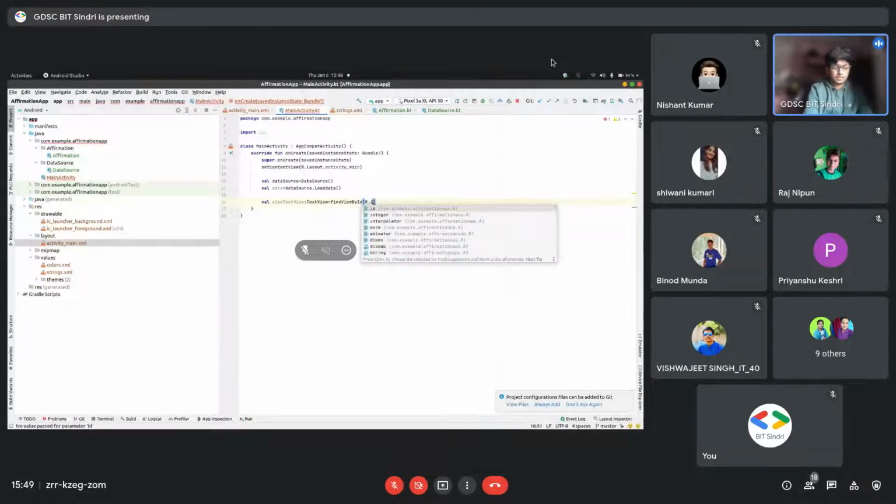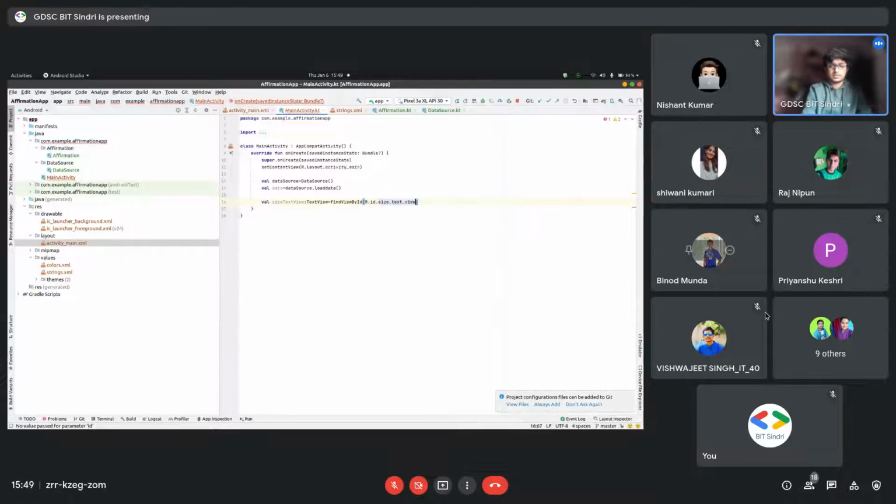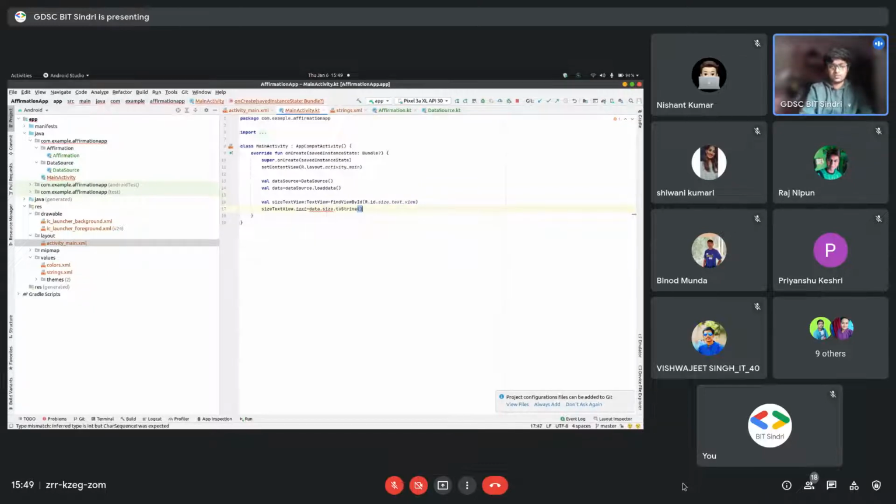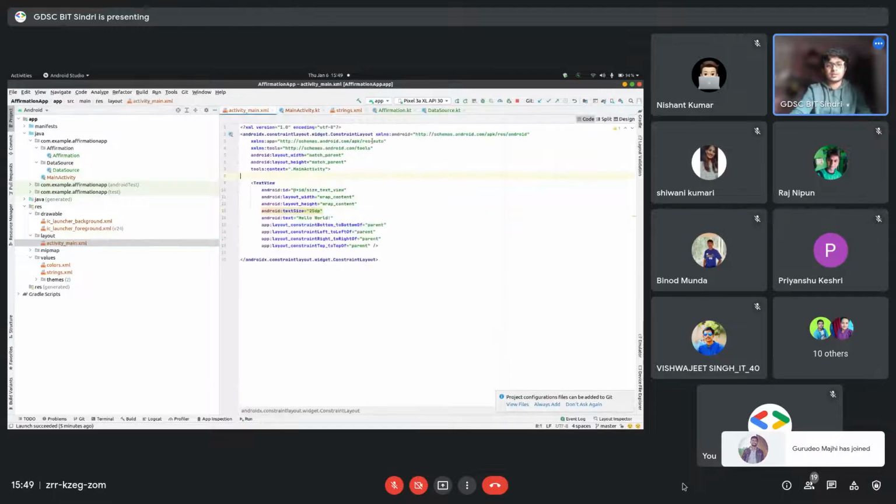From the ID we had given there, it will refer to this size text view. Now set the data to this text view: sizeTextView.text will be data.size.toString.